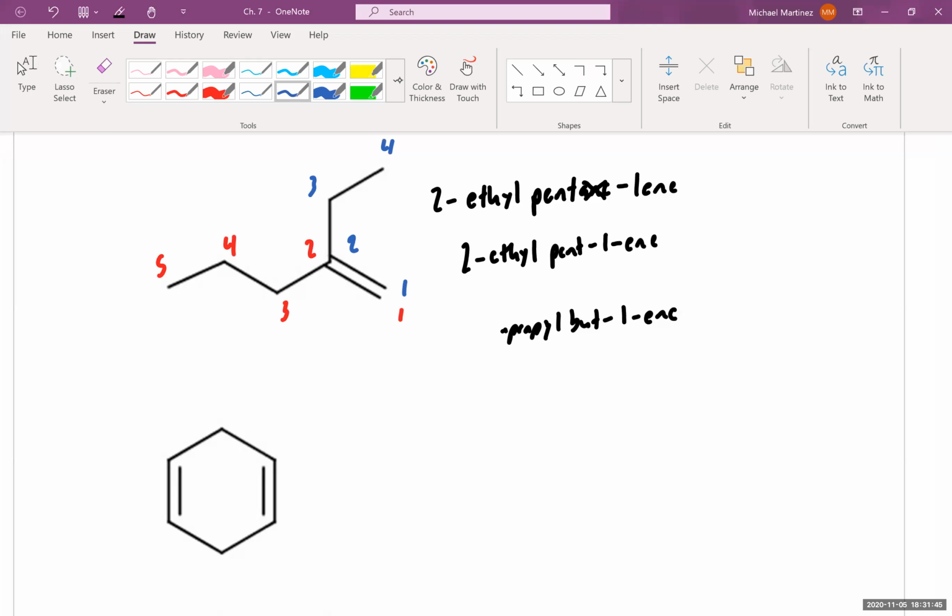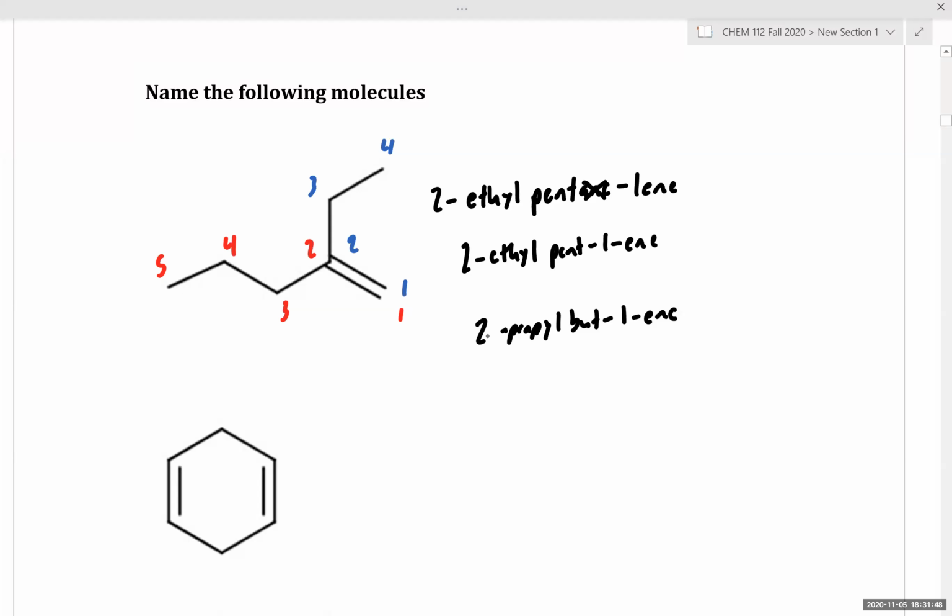Okay, so looking at these two numbering conventions, which of these carbon chains that has our alkene is the longest? Which chain has the most carbons? The chain in red, right? So then, should we name our main chain as a butyl, propyl, or pentyl chain? How many carbons are in this red carbon chain? It's 5 carbons, so this would be a